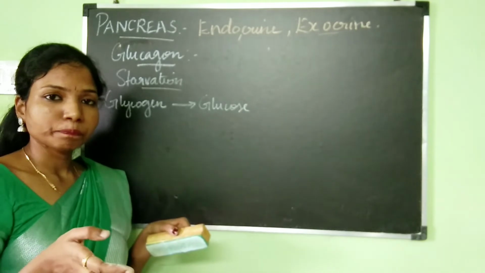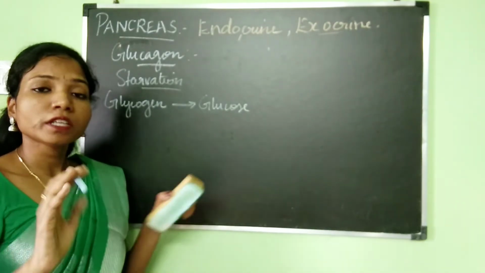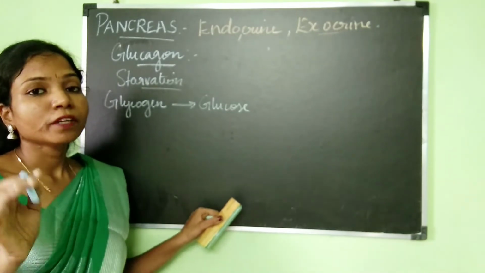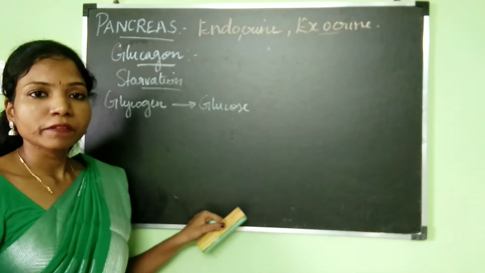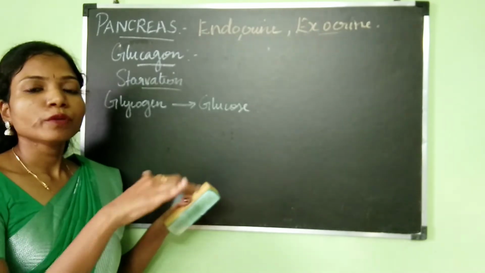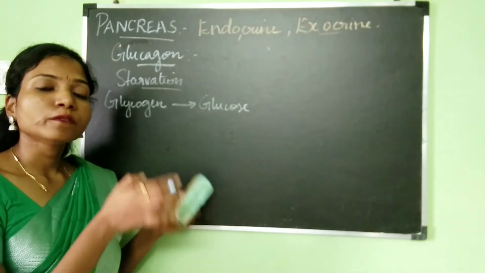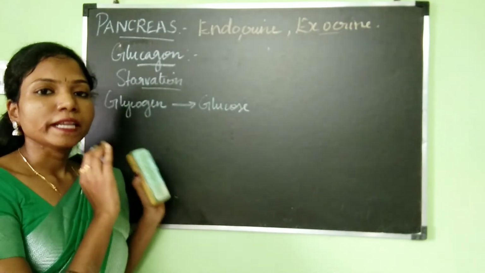I mean for a day. Okay, for a day if you are not consuming your breakfast or your lunch, nothing is going to happen to you. You are going to be normal. You are going to do all the activities normally. How are you able to do all your activities normally without eating? Because we already have stored glucose in our liver.